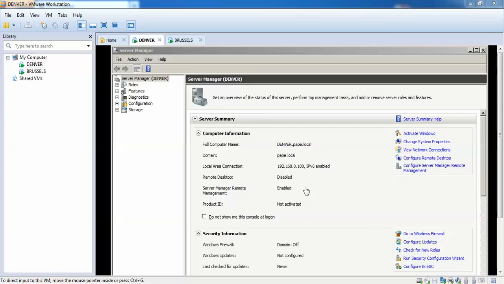Hi guys, today we're gonna talk about Active Directory replication, and as you can see here in this scenario, I already have a domain controller. I have two machines. One is Denver and the second one is Brussels. Brussels is just a machine, it's not a domain controller yet, and Denver is the domain controller with the fixed IP